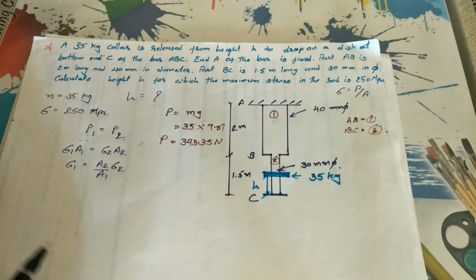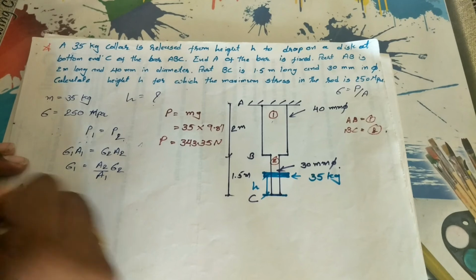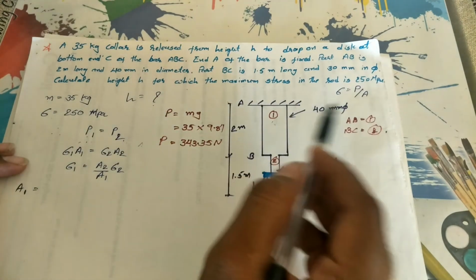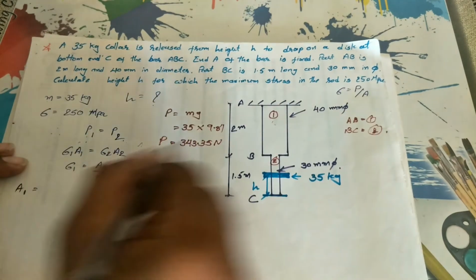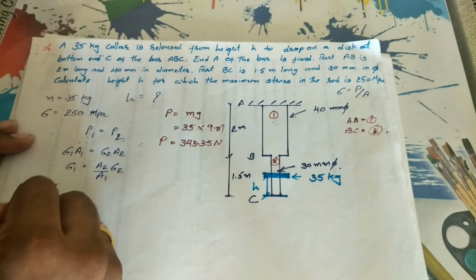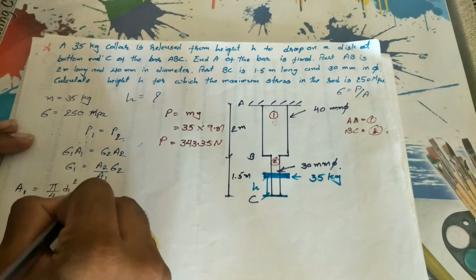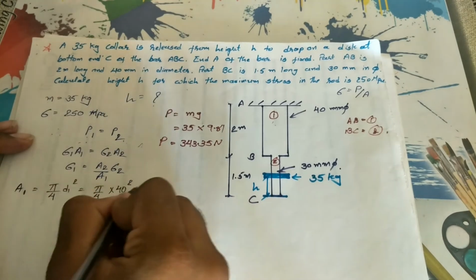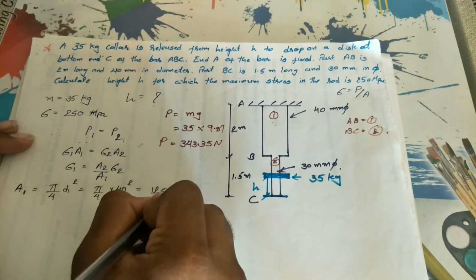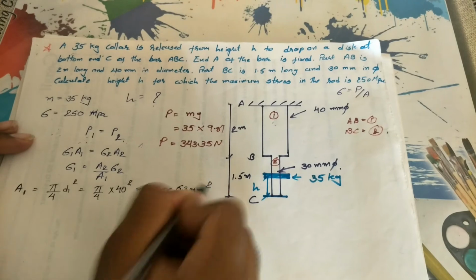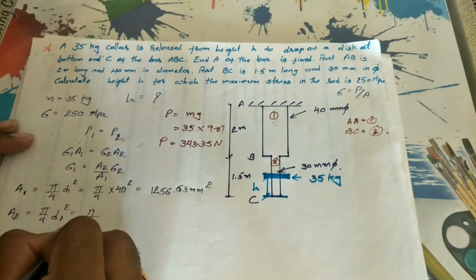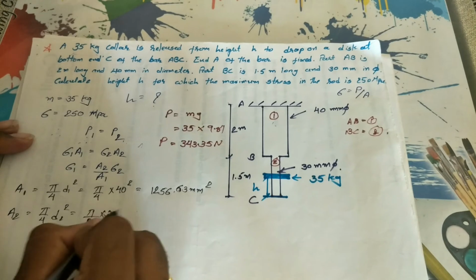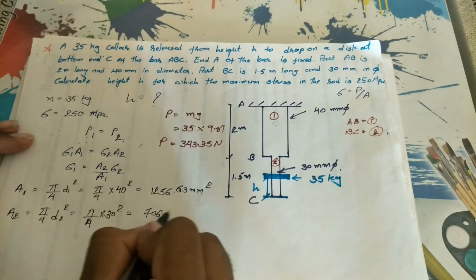You already know the area of your first portion, sorry, not a rectangle, it's a circular portion having a given diameter. So the area of this first portion, that is 2 meter long, is pi by 4 d1 square, so pi by 4 into 40 square, so we'll get the value as 1256.63 mm square, and this is pi by 4 d2 square, so the second diameter is 30, so we'll get that value as 706.85